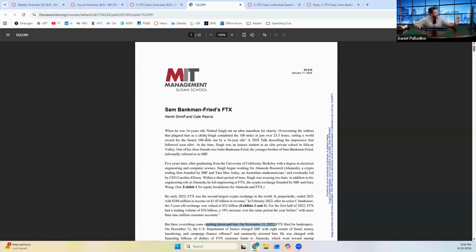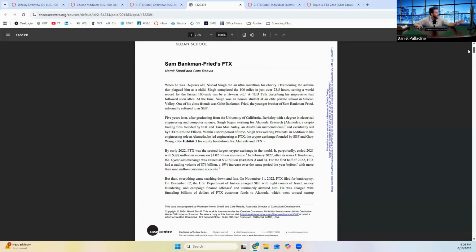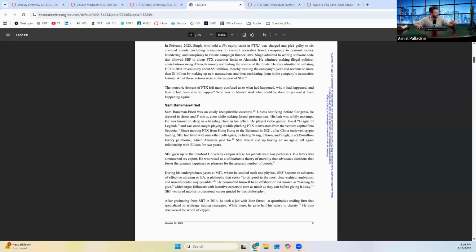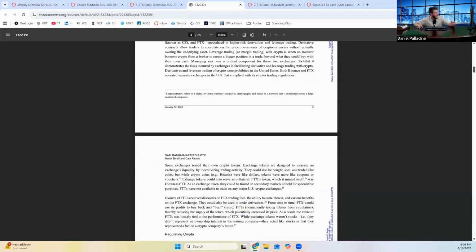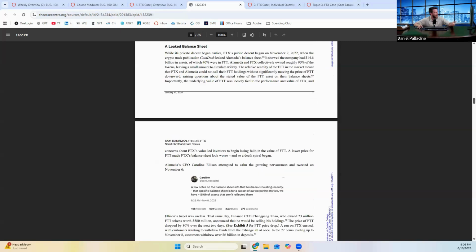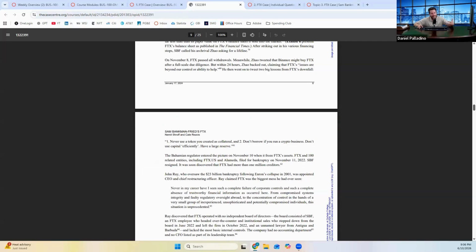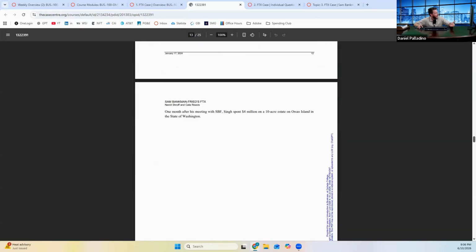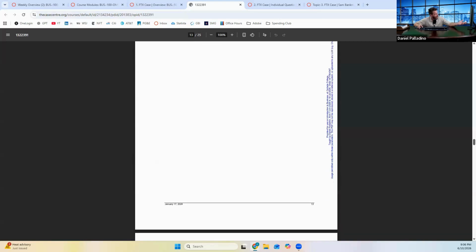But the big crypto pullback wiped out this crypto exchange called FTX, whose founder and CEO was Sam Bankman-Fried. The case gets into all of that. It talks about how they rose super fast, became the second biggest crypto exchange, and how their decisions on ethics and basically lack of oversight of how they were running the company led to some shady practices, some stealing from their customers essentially, and ultimately SBF, Sam Bankman-Fried, ends up going to jail.